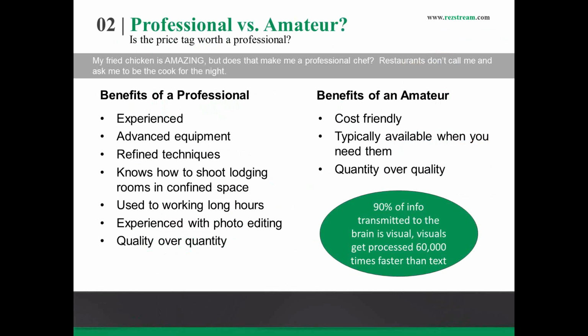And a lot of properties I've been to have really small confined rooms. I don't get a big spacious living room to shoot. It's a small confined room. You have a really tight area to shoot with, and a lot of people just use wide-angle lenses, which is how you're going to capture the room. But you have to be very careful and cautious. You're making sure the bed doesn't look like a massive, massive king-size bed, distorting the imagery, and you have to make sure your lines are vertical and straight. If things are askew or kind of fish-eyed, it could really throw off the quality of the actual work.